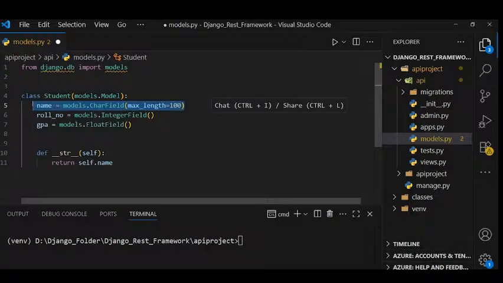So max_length equal to 100. This means the name can't be longer than 100 characters. The name field cannot be longer than 100 characters. So after that we have roll number,